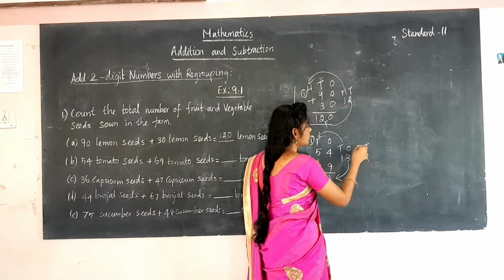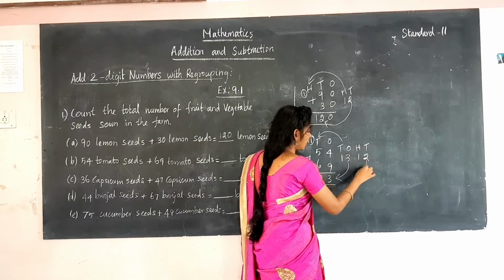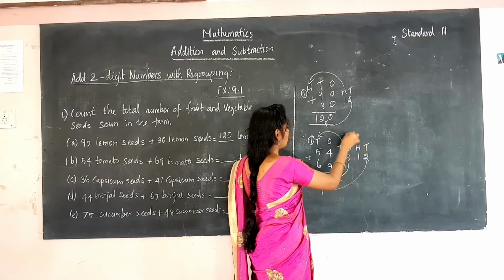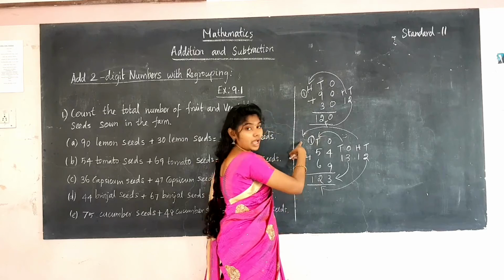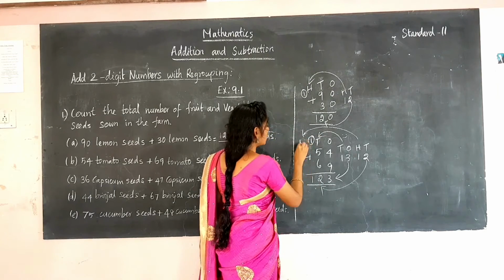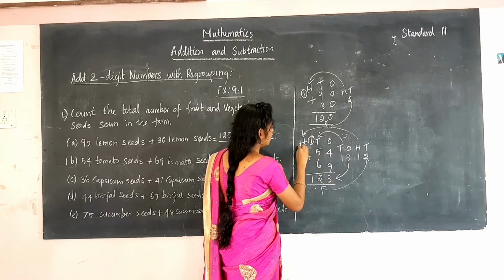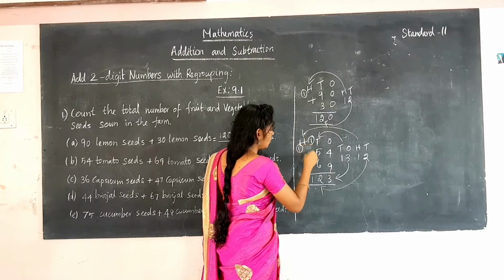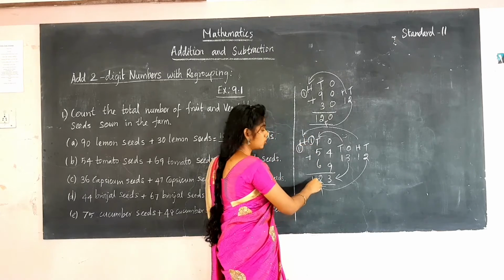and tens first and then hundreds. Now take 2 to the tens place and 1 to the hundreds place. Here we didn't write a hundreds place, so write it as 100 and carry over the number 1 to the hundreds. Now write the number 1 down. So the answer is